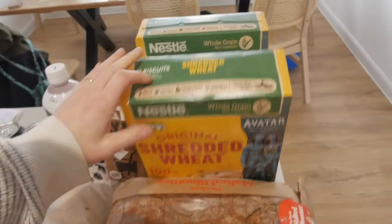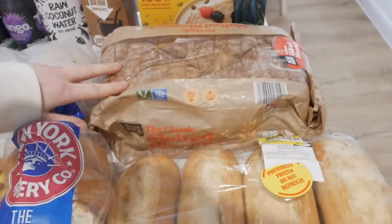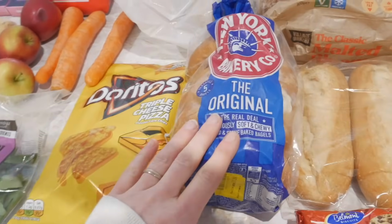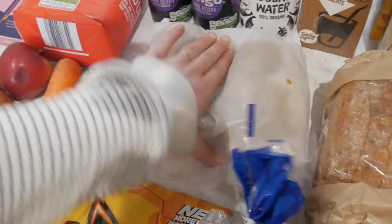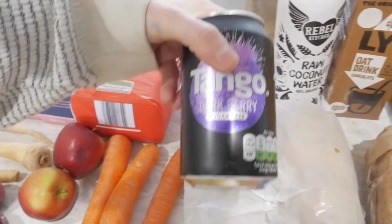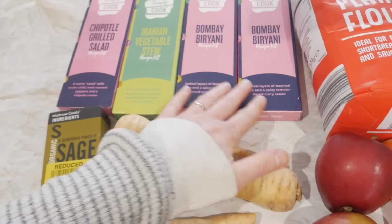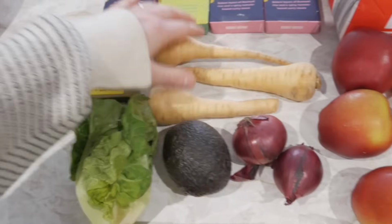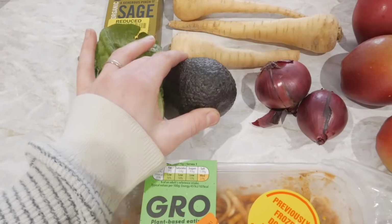So we got 2 things of shredded wheat, a loaf of bread, some baguettes and cookies, some bagels, 2 giant enormous potatoes, like huge potatoes, some chocolate milk, some coconut water, these random flavoured tangos, not seen them before, some Doritos, basil, carrots and apples, some flour, and then these different flavour spice kits, so the Bombay biryani and like these ones. Got some sage, some parsnips, teeny tiny onions, an avocado,